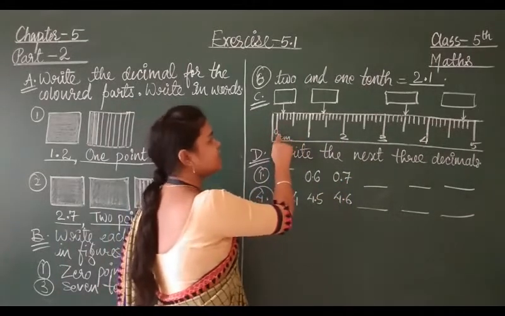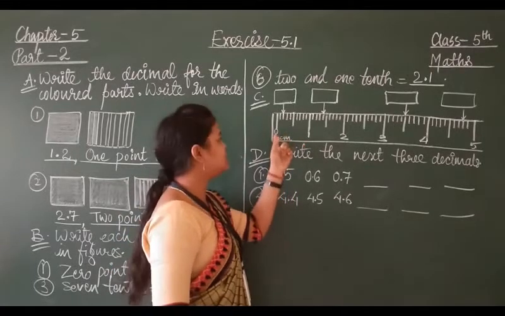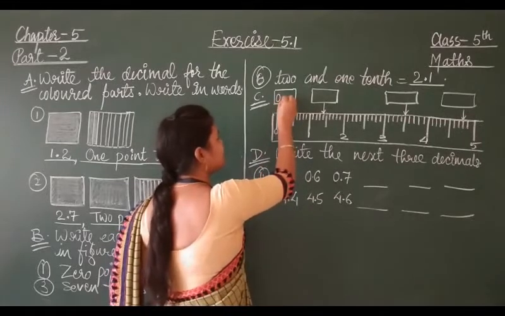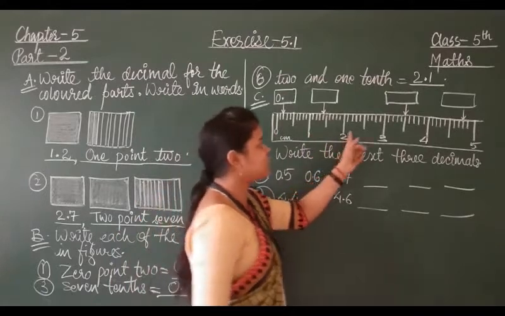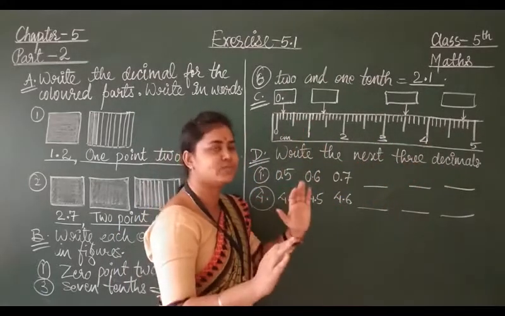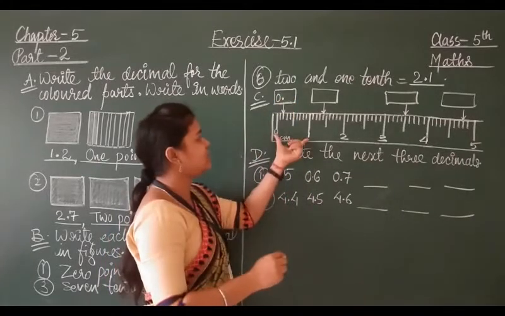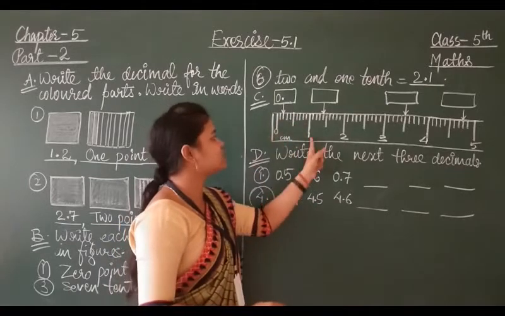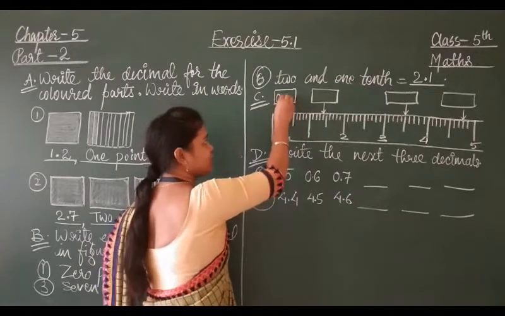So here 0 is there. As you know very well, you can see on your scale that 0 is there, then 1 and 2. So this is 0 first, and we will put a point because after 0, 1 is here, 2 is here, 3, 4, 5 and so on. I have made only half the scale. So see students, 0 point. We put a point because if the number is coming in between, and if directly it is 1, 2, 3, this will be a whole number.